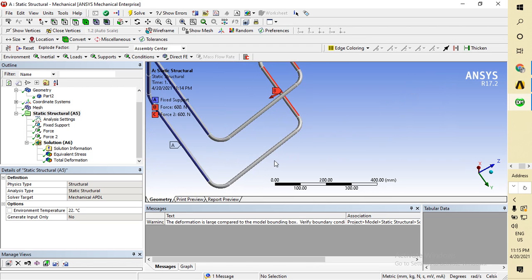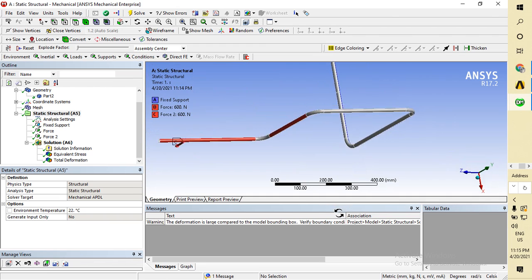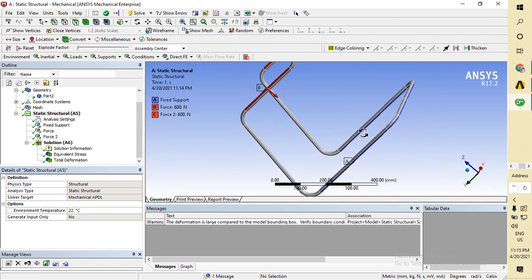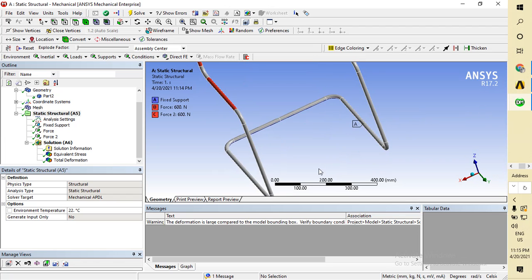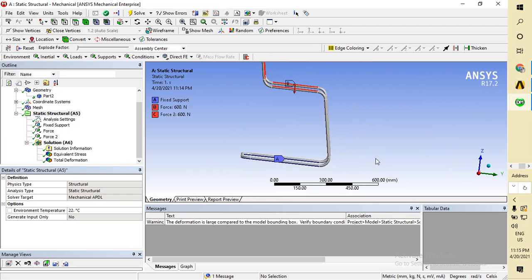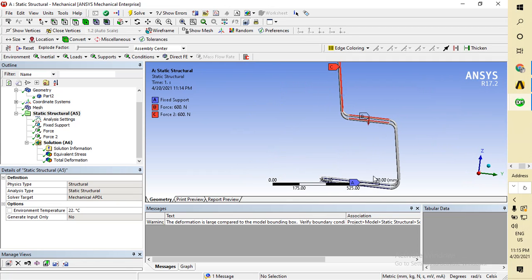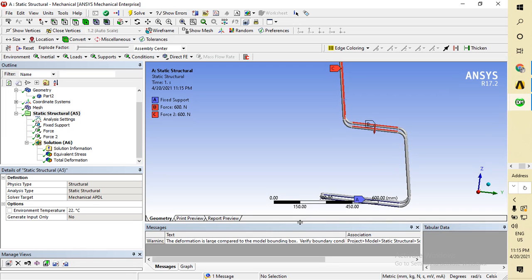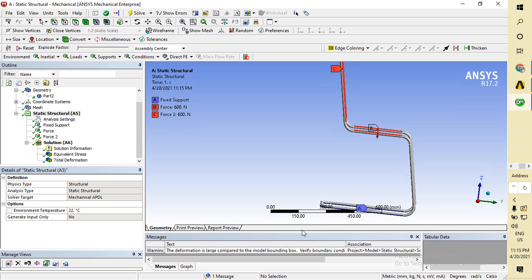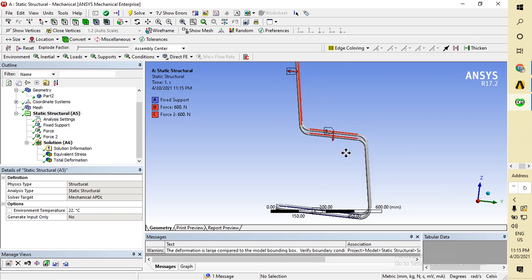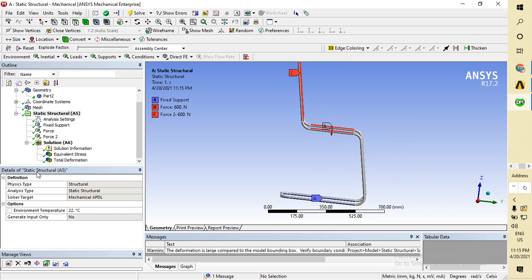Here I'm showing you guys, so please let me fix it first of all. Okay, I'll just down it. Now this is our design.